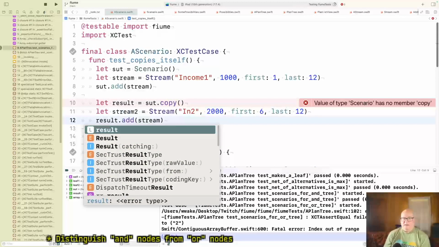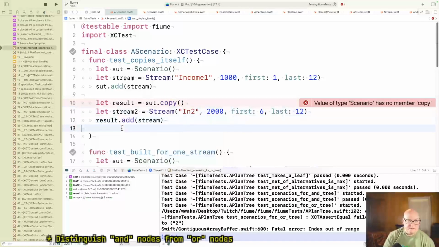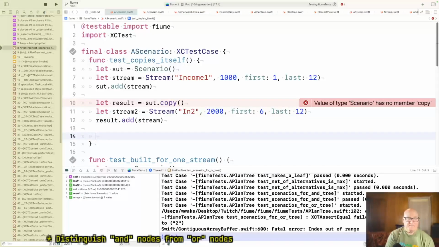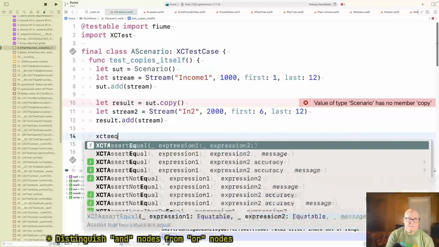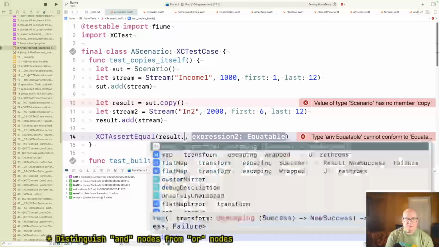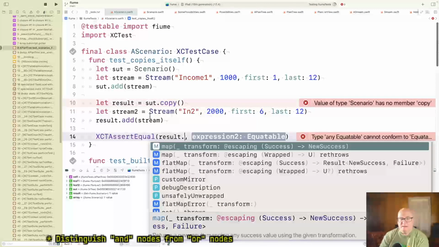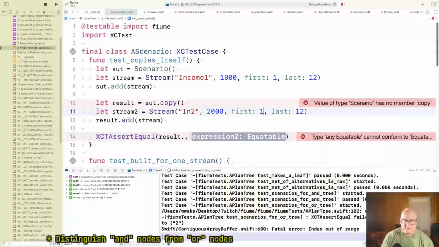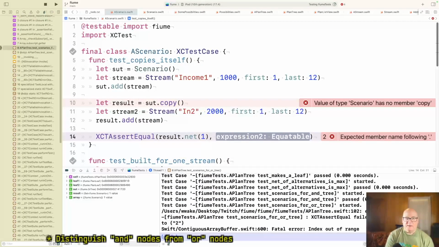okay, I'm gonna assert result dot. Okay, now this might be even better. Result.net of month one.